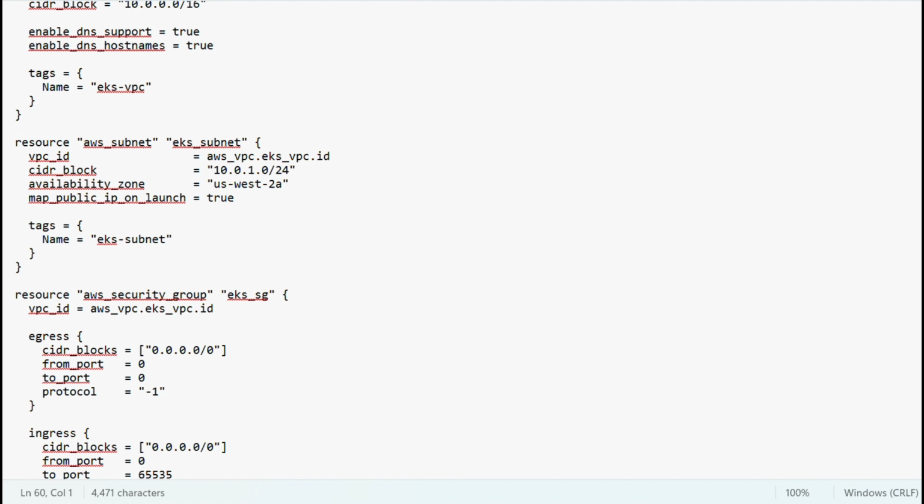So in this way, when you are explaining, they will come to know that yes, you have actually worked. So in subnet, you have to give the VPC ID, because subnet will be created inside the VPC, and inside the availability zone. So you have to give the availability zone. Then you have to attach the